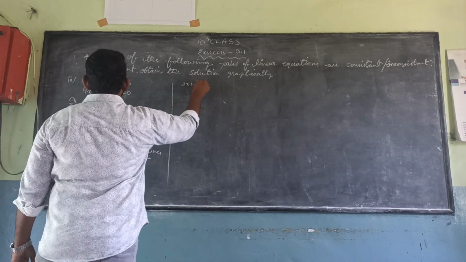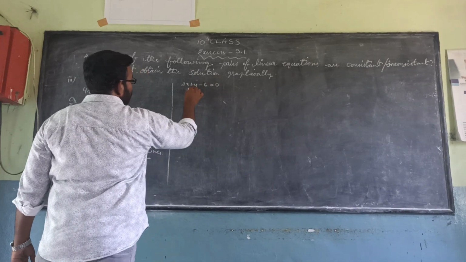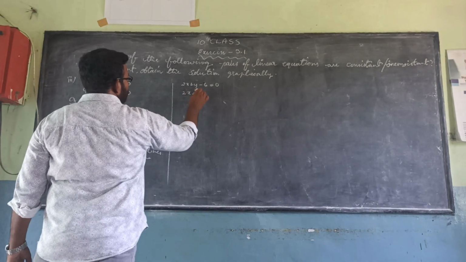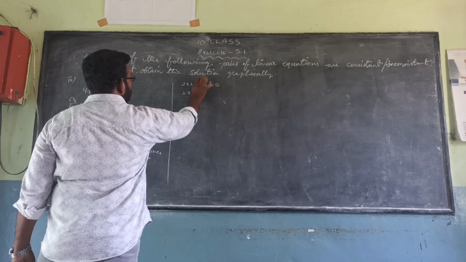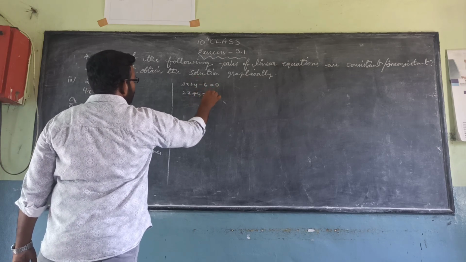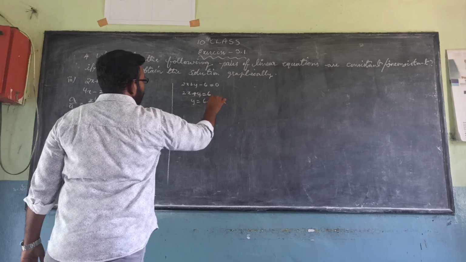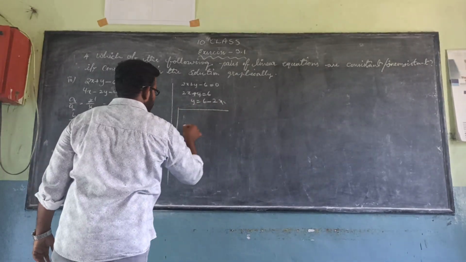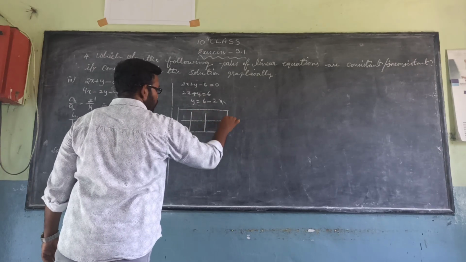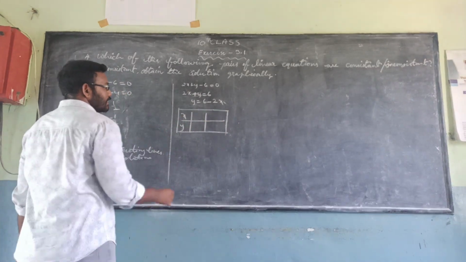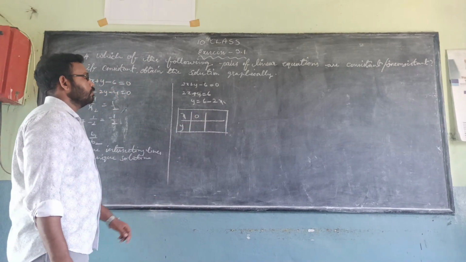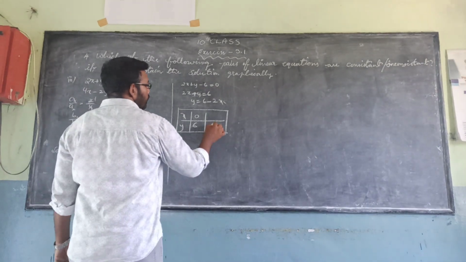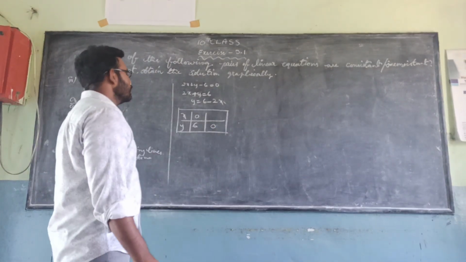2x plus y minus 6 is equal to 0. So 2x plus y is equal to 6, y is equal to 6 minus 2x. Now x, y. If x is equal to 0, then y is equal to 6. If y is equal to 0, then x is equal to